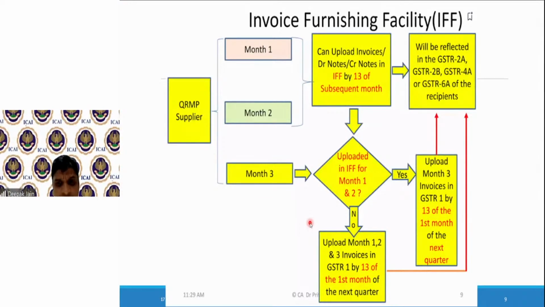Under TDS, the person is taking goods or services and paying the supplier by deducting TDS. That's why they are not allowed. No, it's not that, it's just giving a credit. For TDS, there's a separate return as such. So in your example, if Mayur claims the input, then he is deviating from section 16. Correct, he will be deviating.